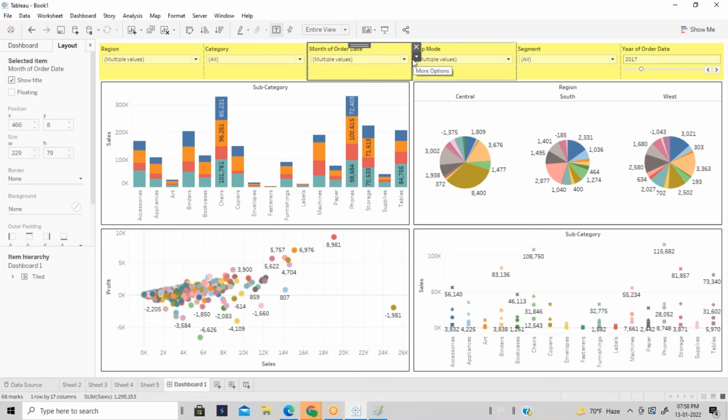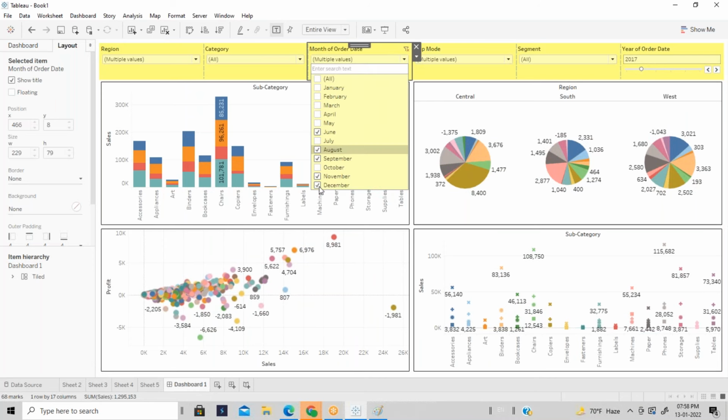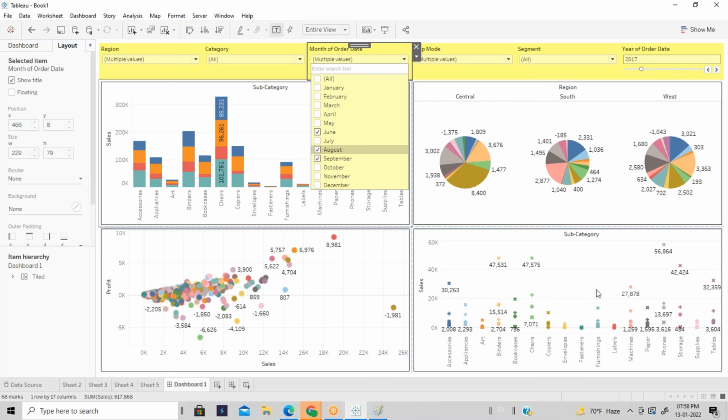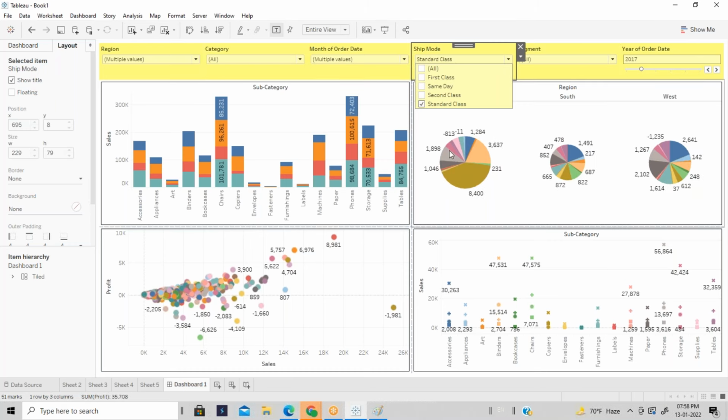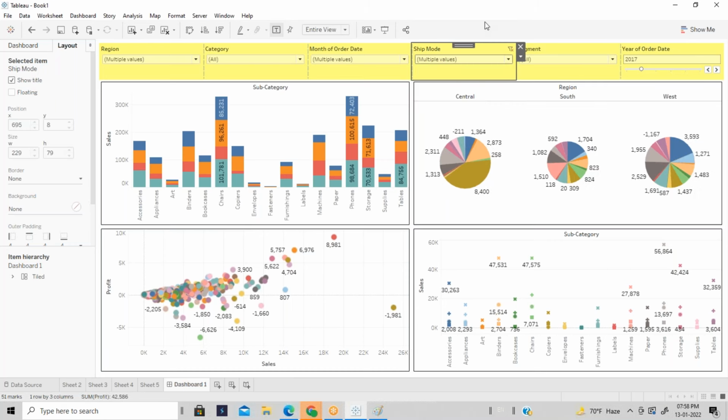Now see, if I select this, only this chart is changing. If I change this, only these values are changing, right? But whenever you add a filter, these filters should apply in all the sheets. Normally that should be the recommendation, right?